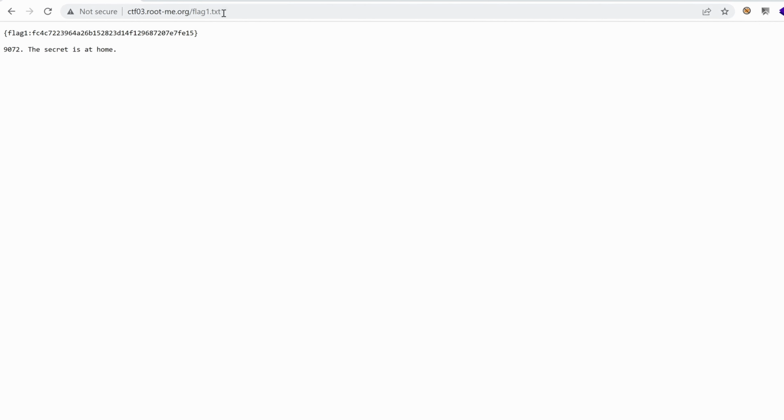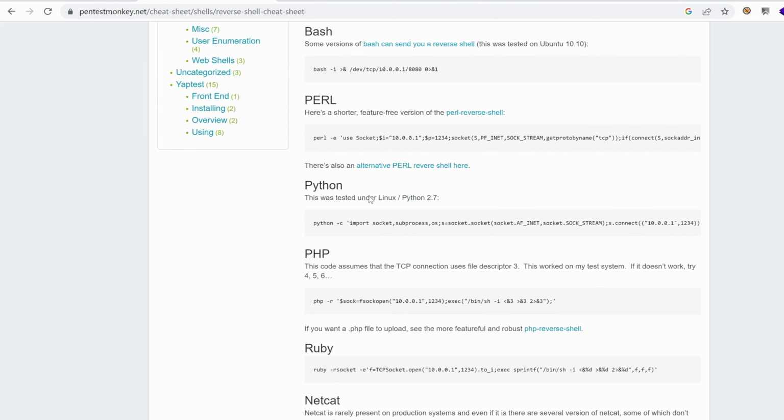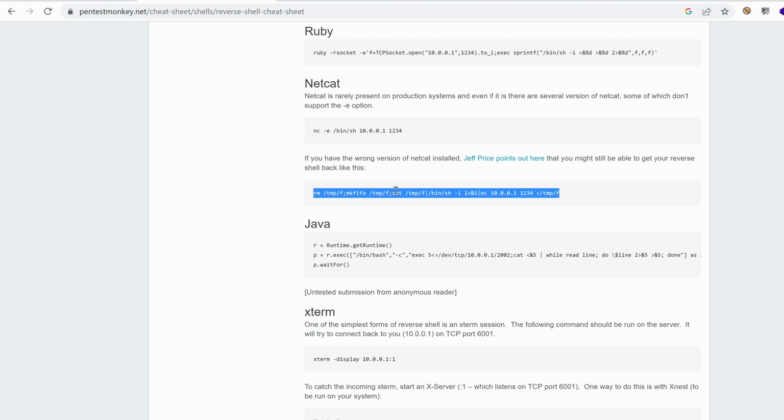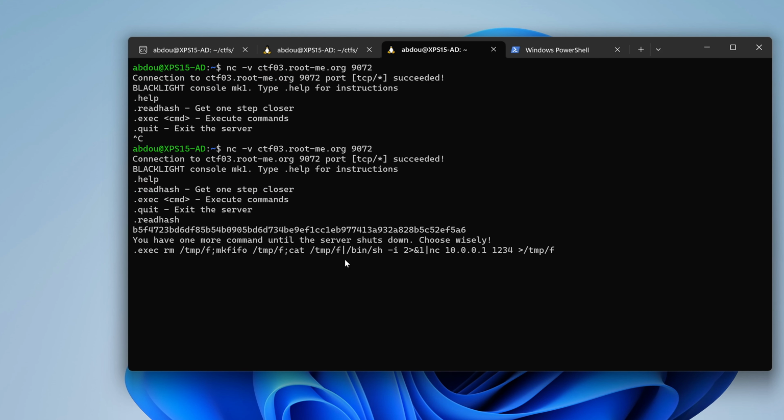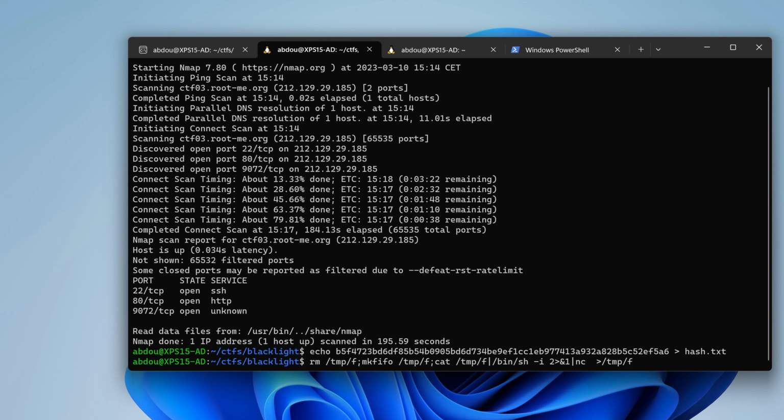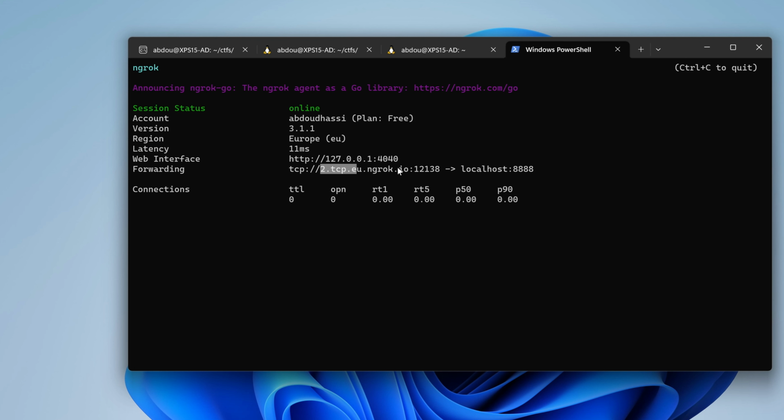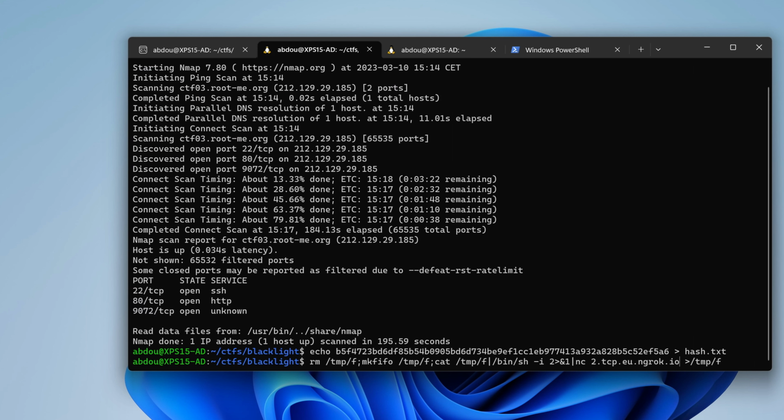I'm going to look for a reverse shell. I'm going to choose my favorite, which is this one, and paste it right here. But I need to update the IP address and port. So I'm going to first build my full string. The IP and port would be the ones that are exposed by ngrok, this one, space, and the port number. So copy the entire payload, paste it right in,